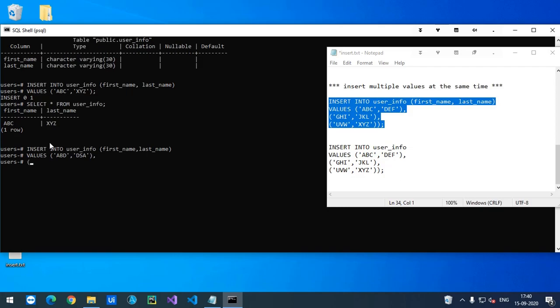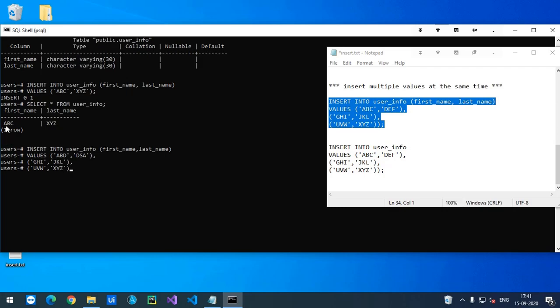I'm writing this query on the next line because it will be clearer to understand: 'ghi', then 'jkl'. Then the next value is 'uvw'. These values need to be in single quotes, then last 'xyz'. These are the three values.